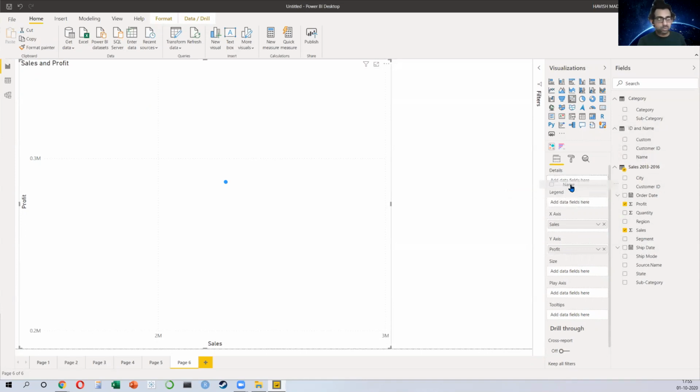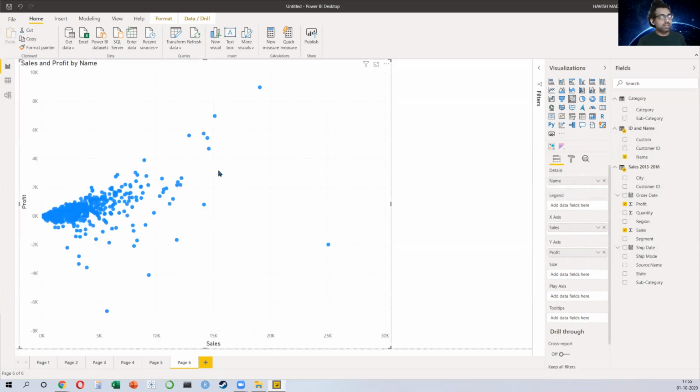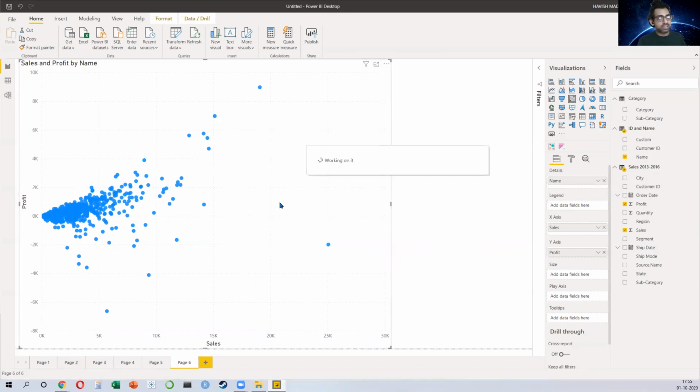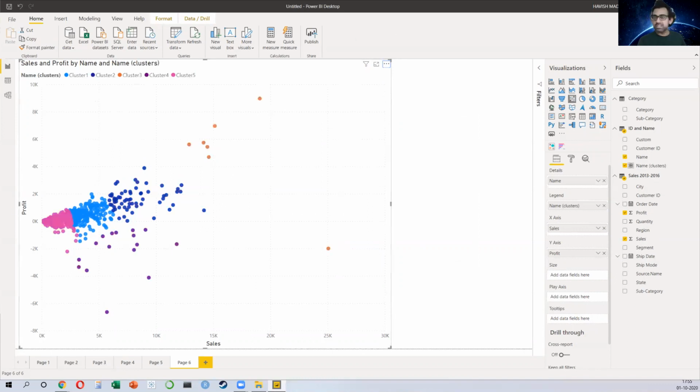This is more for the business school students. You have all heard of customer clusters, right? Where you're doing segmentation, you're doing decision tree, k-means clustering, KNN. Just see how simple it is. I can just click on the 3 dots and I can say automatically find clusters. And what will it do? It will ask me how many clusters do I want. So let's say I want 5 clusters. I will automatically break my data into 5 clusters. How amazing is that? It's so simple, isn't it?